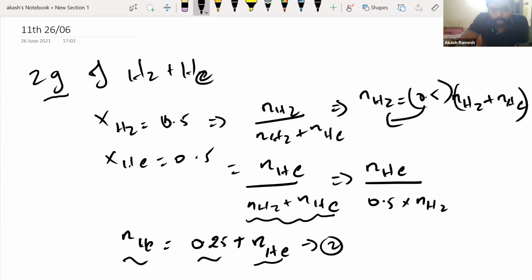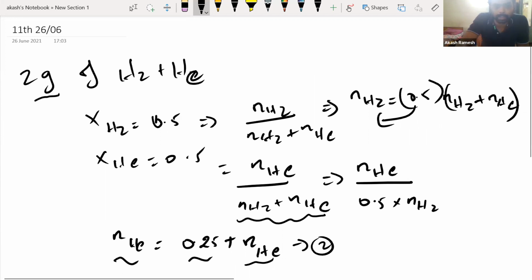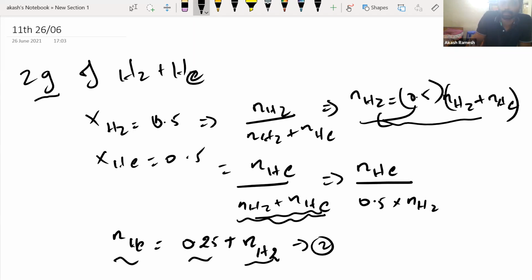I did something wrong. What did I do wrong? This will be number of moles of H2. Sorry guys. Number of moles of H2. Hope you all know how we got this. We wrote this equation first, and then we got this equation, and then in the place of number of moles of H2 plus number of moles of He, which is here, I took number of moles of H2 divided by 0.5, and that's how this equation came. And this, I took this side, multiplied this, so I got number of moles of He is equal to 0.25 plus number of moles. Oh wait, this is 0.5.